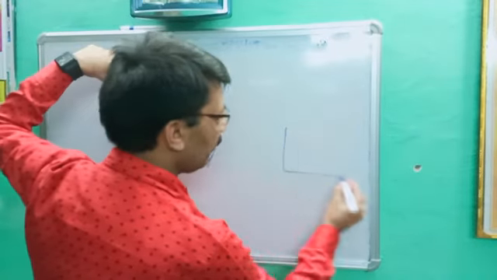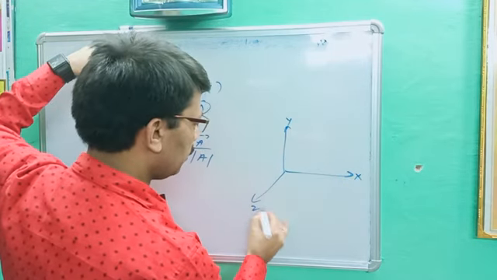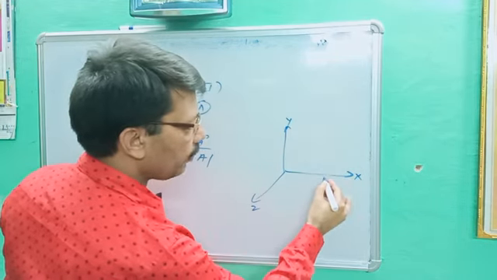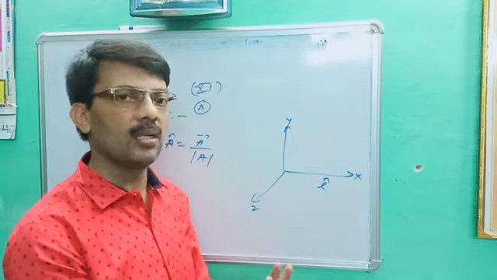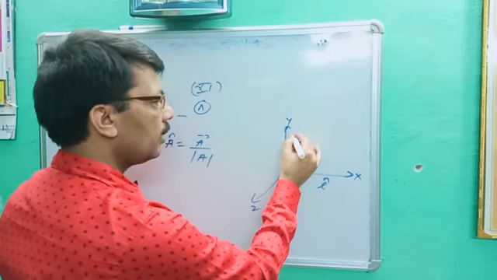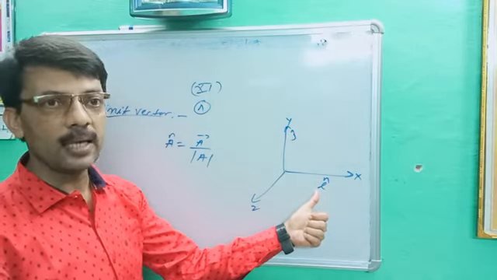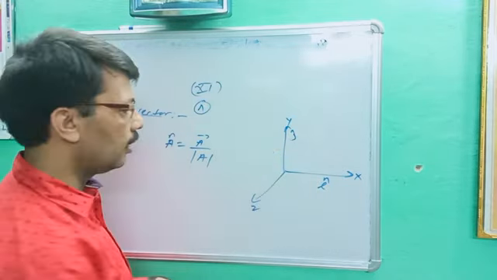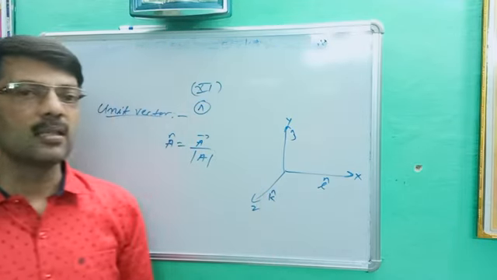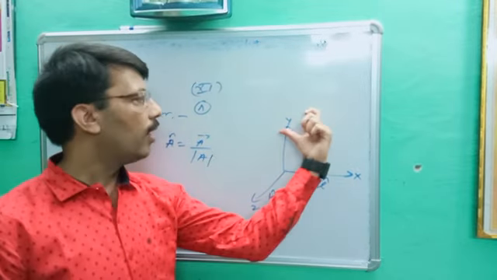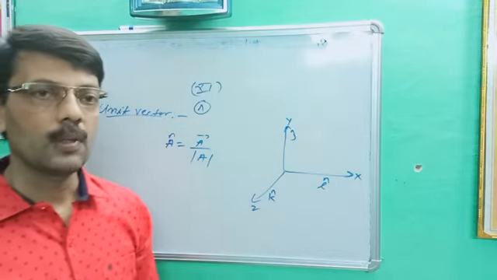There are three types of unit vector. This is a very important point. X direction, y direction, z direction. X direction is represented by i cap. If i cap is written, you should know that the body is moving in x direction. Y direction is j cap. So i cap for x direction, j cap for y direction and k cap for z direction. There are three types of unit vector here, x, y and z, and they are denoted by i cap, j cap, k cap. Are you getting the point?